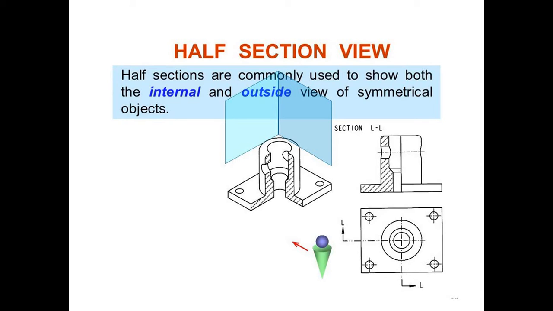For clear indication, by taking the half section, the sectional view is taken. The half section is taken here because the inside and outside portions of the component are clear: inside some holes are there, and on the outer surface there is again one hole. For clear understanding of the hole inside as well as the outside portion, the half section is used for that symmetrical object.